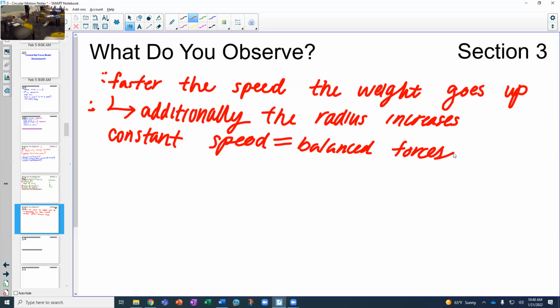So you can see this is a constant speed and you can see the radius at this setting, right? And then if I make this the constant speed, what do we notice? What did I do to the constant speed? Constant speed went up, and what happened? What changed? Radius increased, right? So make note of that. If it was a constant speed, it was constant forces or balanced forces, but faster speed makes the radius increase,